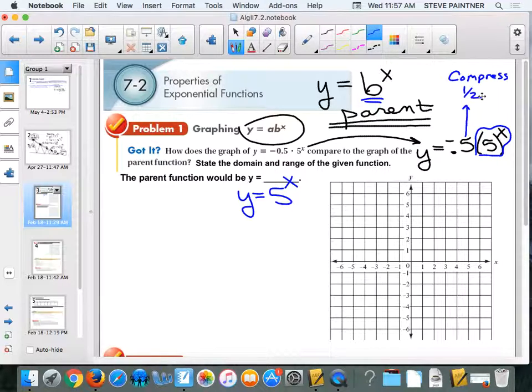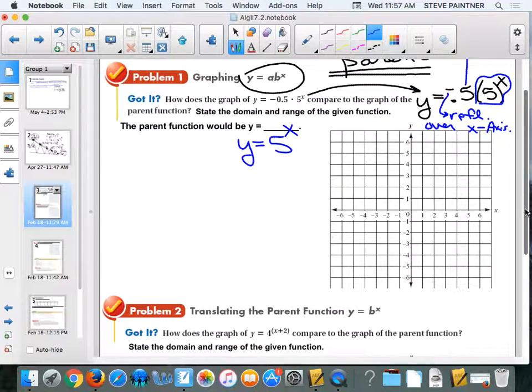What's this little thing mean right here, this negative? Yeah, that's a reflection over what? Reflect over x axis. Got it. Okay, so this is what we're going to do. We're going to graph the parent, then we're going to compress it by a half, and then we're going to reflect it. Okay? All right. Now, I'm going to go quick. I hope you can go quick with me. To get the parent,